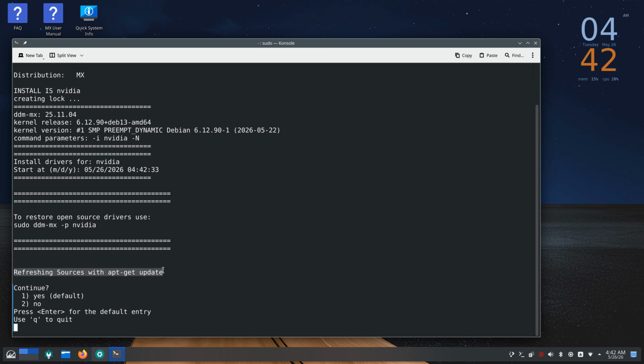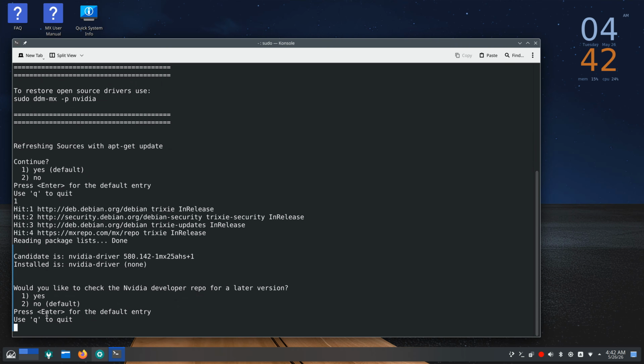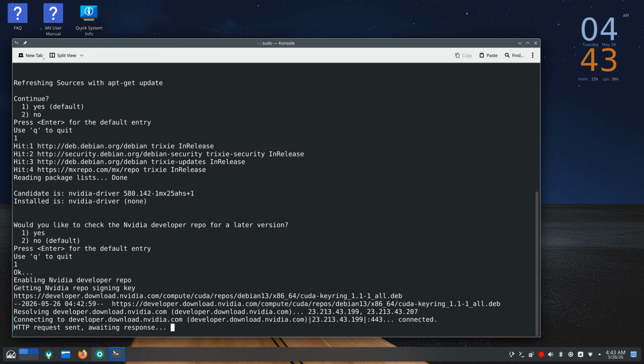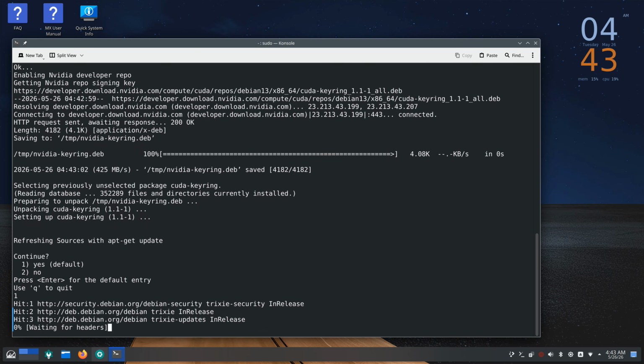After entering your password, MX Linux will scan your hardware and show you available NVIDIA driver versions directly from the NVIDIA Developer Repository. This is actually one of the best parts of MX Linux. You can choose a newer driver instead of being stuck with whatever version Debian ships by default. That matters if you're using a newer graphics card, gaming on Linux, running Blender, DaVinci Resolve, CUDA workloads, or just